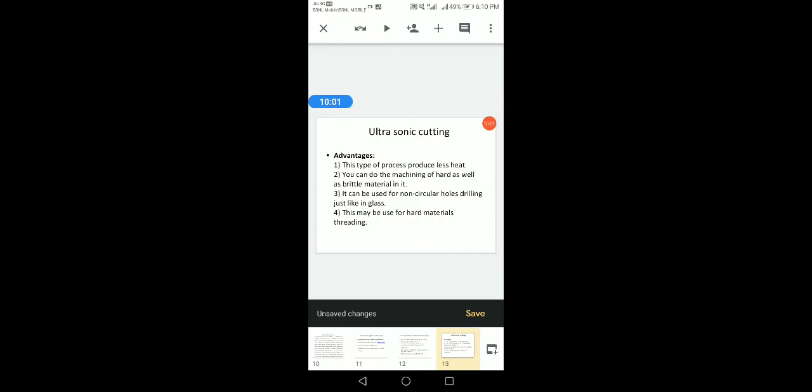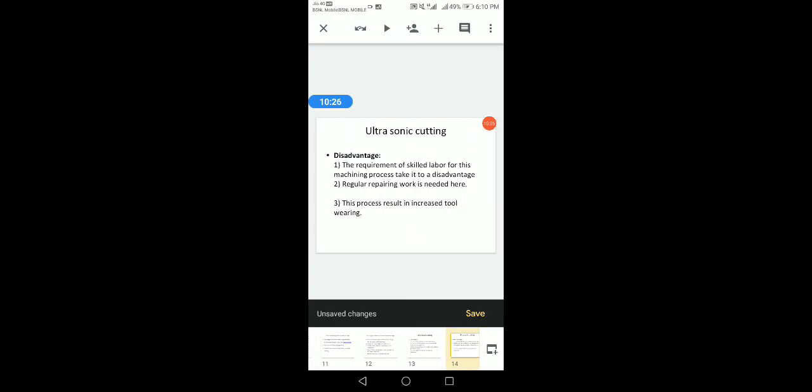And advantages of ultrasonic cutting: this type of process produces less heat. You can do machining of hard as well as brittle material with it. It can be used for non-circular hole drilling, like in glass. This may be used for hard materials threading. And ultrasonic cutting disadvantages: